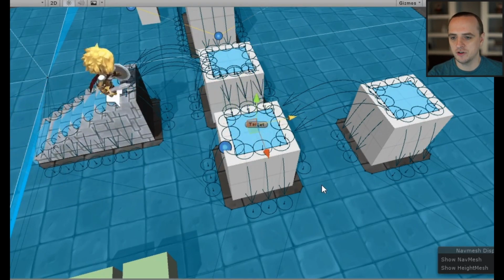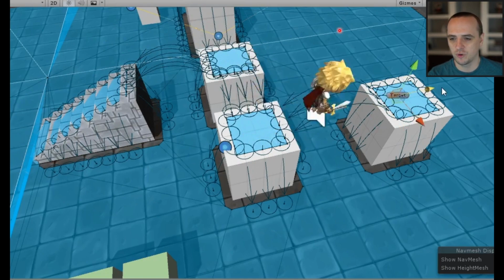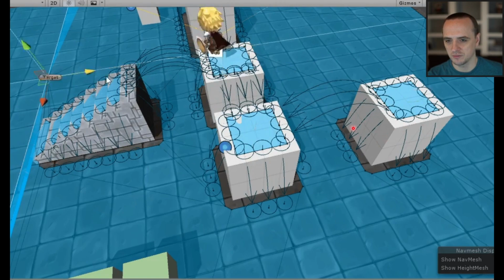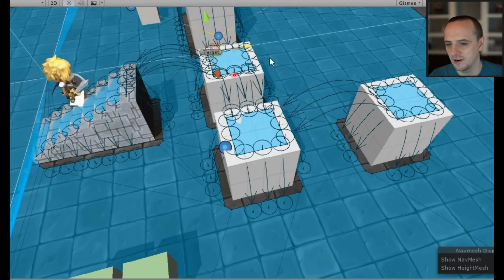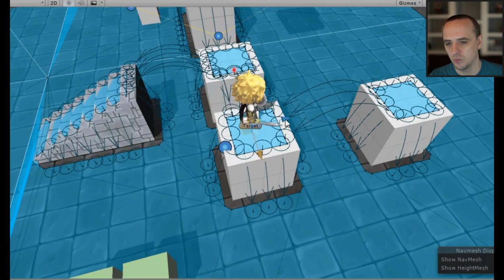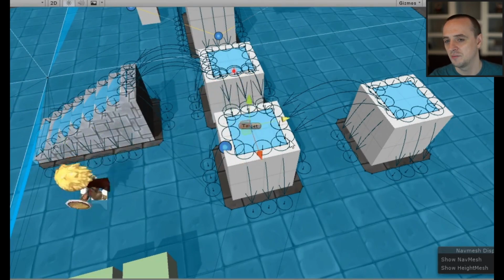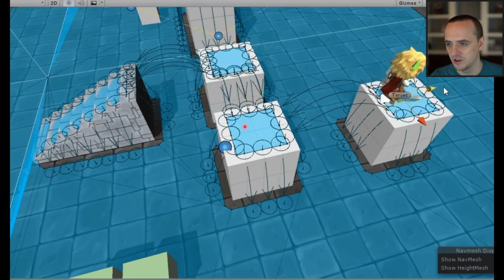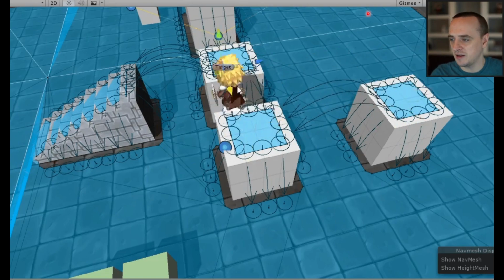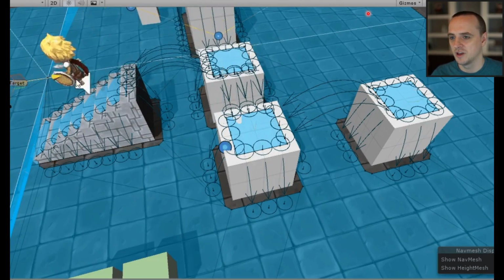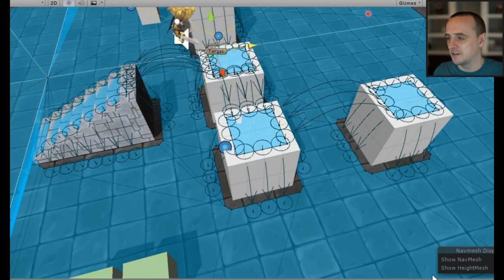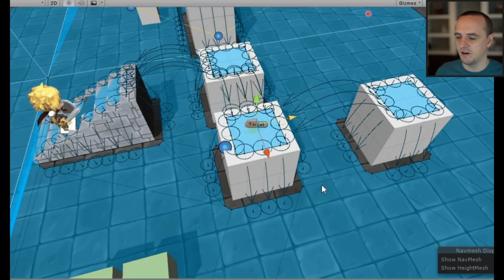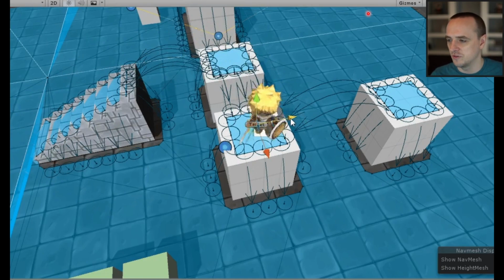So on the floor here, you see the nav mesh that says you can walk anywhere on the floor. You can walk on the top of these things, but you can't walk on the side of them. And what these little nodes here say is that when you walk on top of this part of the navigation mesh, it will hop you over to this part of the navigation mesh. So the navigation mesh, depending on your game engine or your pathfinding system, can have all of this semantics built into it, where you define nodes that say, okay, I can jump from here to here, I can move on this surface, I can't move on that surface.